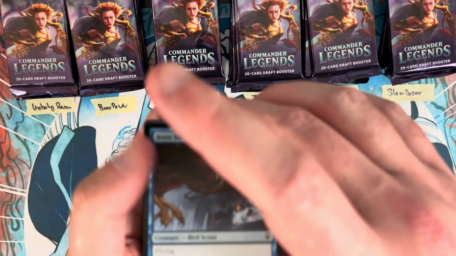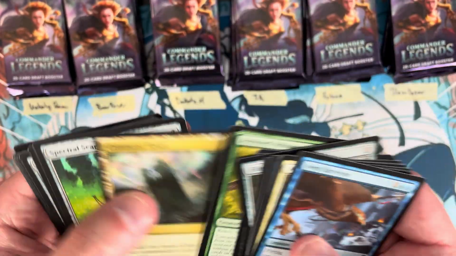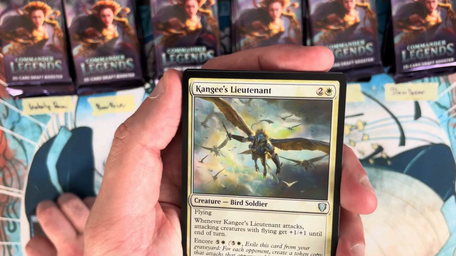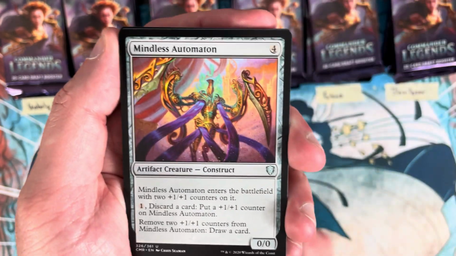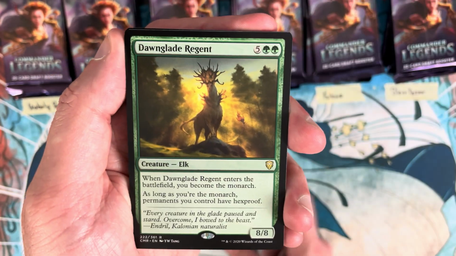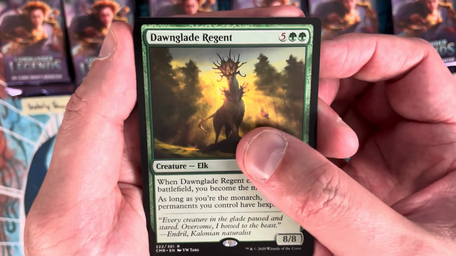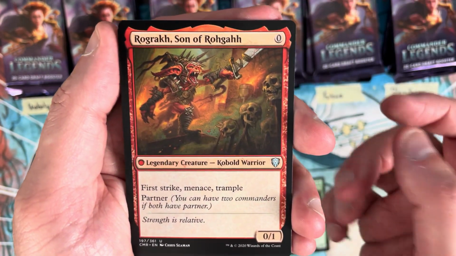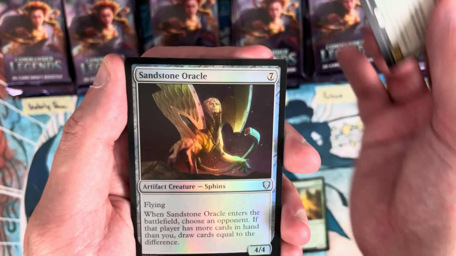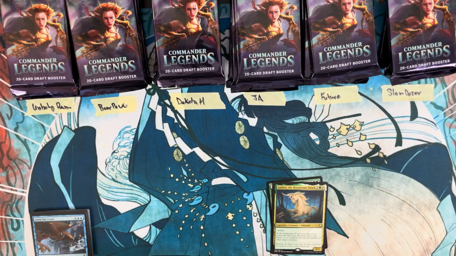Okay, Ram, you're up first. I'll just fly past the comments. I'm not going to really call them out when I say that. I'm like, oh, Command Tower. All right, here we go. So you've got Kingi's Lieutenant, Mindless Automaton, Shimmer Mirror. Rare is a Dawn Glade Regent. Actually kind of cool. Love me some Monarch. Rogra. Lathiel, the Bounteous Dawn. Neat. That's another rare. Sandstone Oracle as a foil uncommon, and that will do it